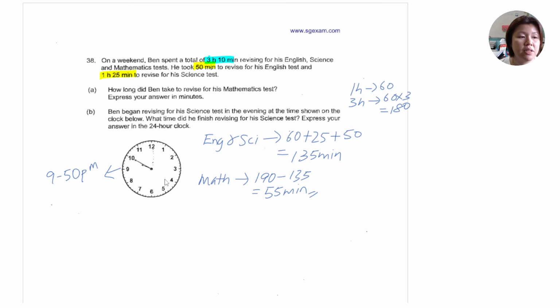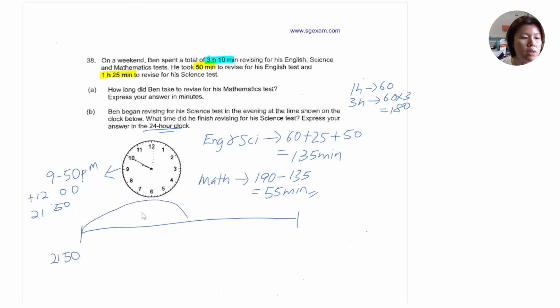So this timing is begin revising and what time it ends. So science take 1 hour 25 minutes. So let's draw the time. He went in 24-hour clock. So means I plus 12 is actually 21:50. So 21:50,